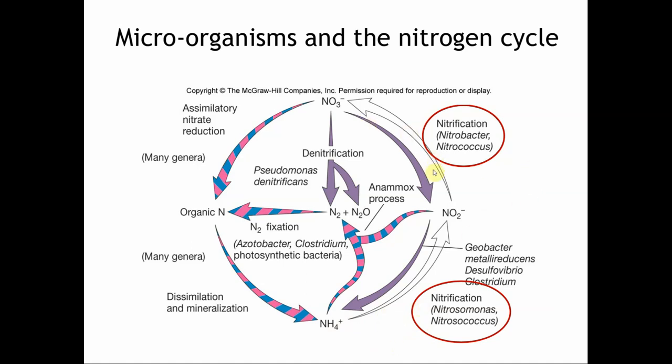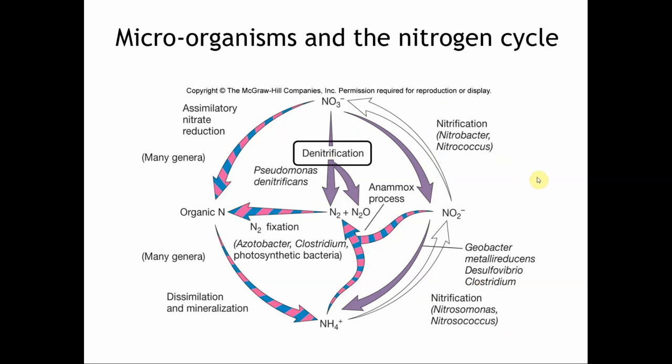Now, the purple arrows are kind of the opposite process. That's denitrification, that is reduction of nitrate, which is being used as an electron acceptor in the process of anaerobic respiration. So this occurs in the presence of organic carbon, but in the absence of oxygen. So many enterobacteria and also soil bacteria like Pseudomonas denitrificans will use nitrate as an electron acceptor and will produce dinitrogen gas, nitrogen gas. Other